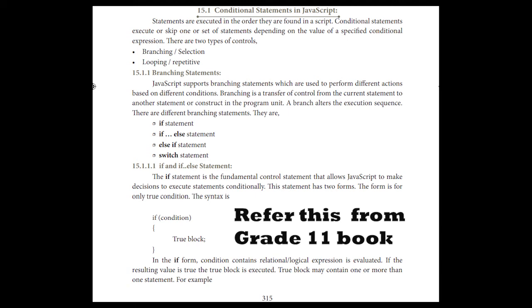If you are giving case 1, case 2, case 3, case 4, and they type something other than these, like 5 or 9, then the default part will be executed, and the statements inside the default part will be given on the output screen. Okay, so that's the difference between switch case and if else and all.